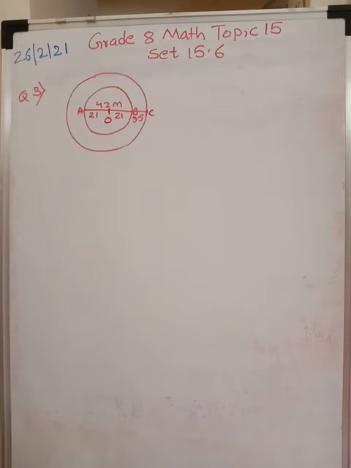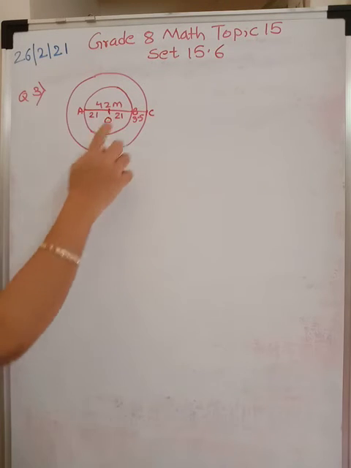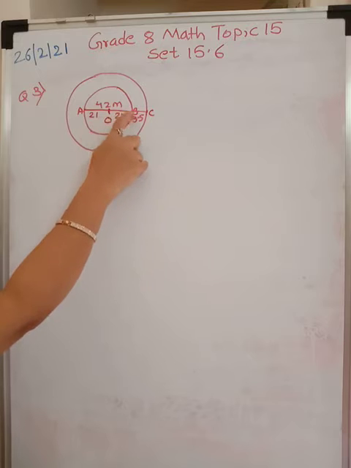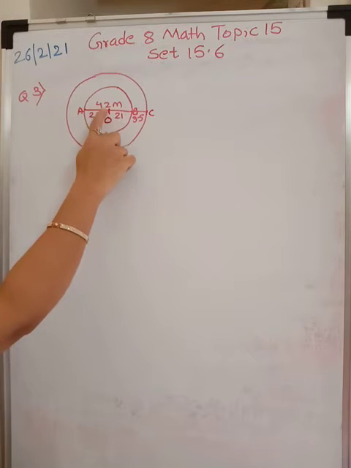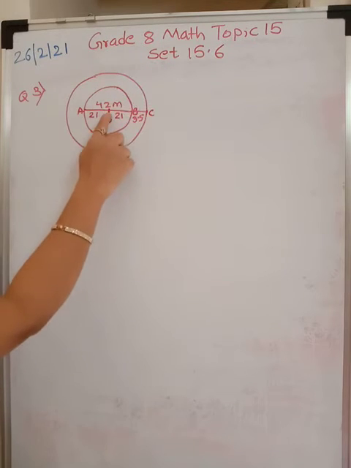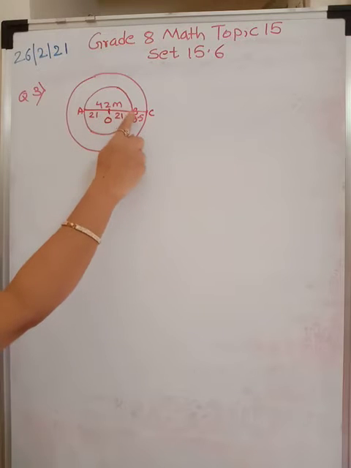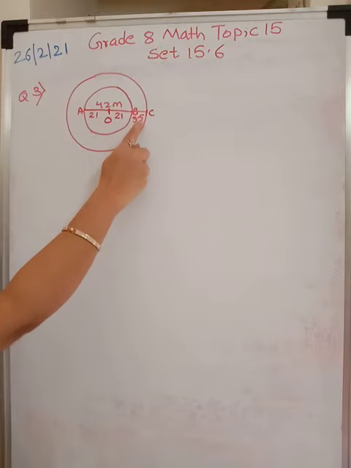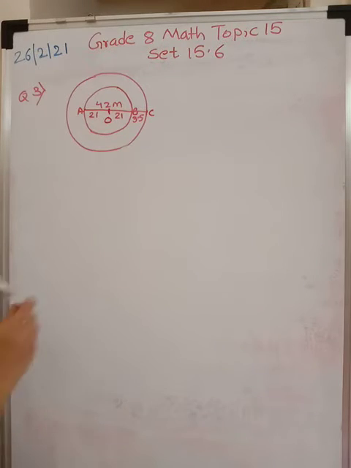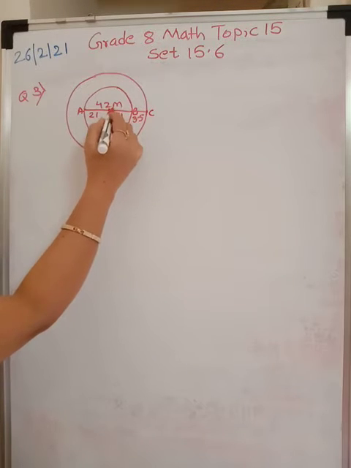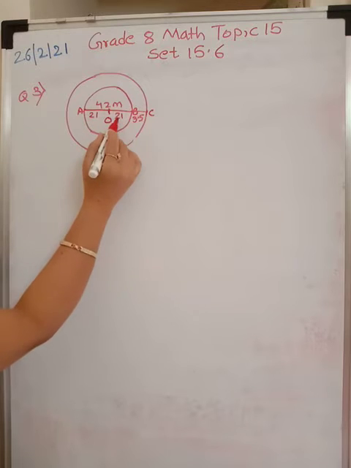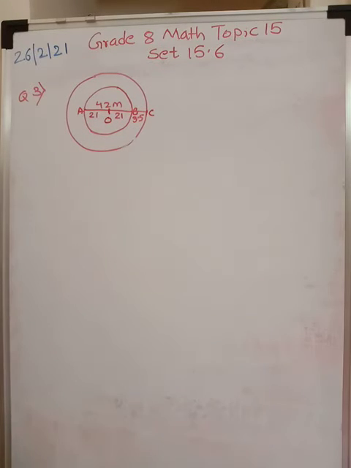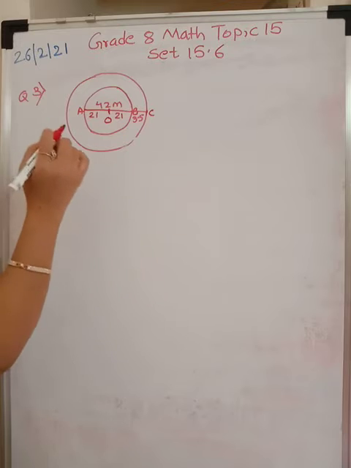Now we know that to find area we need the radius. So the radius of the smaller circle is from O to B, which is equal to 21. And the radius of the bigger circle is from O to C. So up till B it is 21. OB is 21 and from B to C it is 3.5. So if I find the radius of the bigger circle, from this to this, it would be 21 plus 3.5. So not area, radius I am speaking.